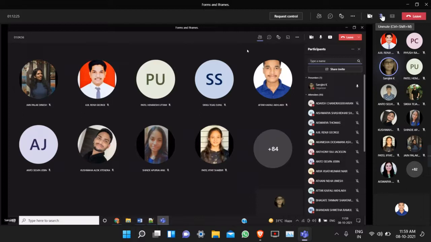But for giving multiple options like ASP, sorry, HTML, PHP, and all, the developer can decide whether the end user can select one option or multiple options.